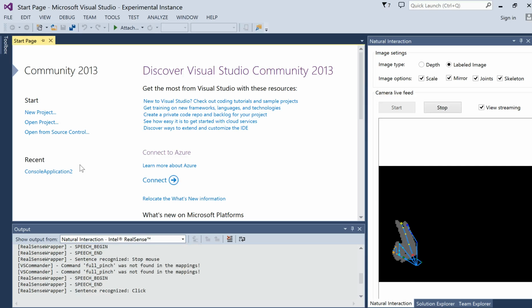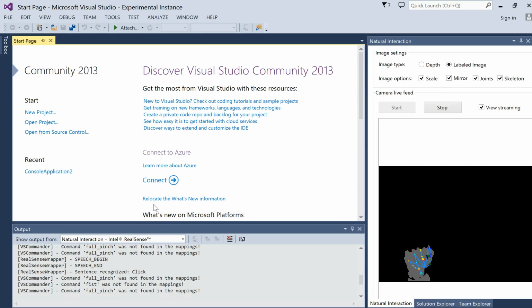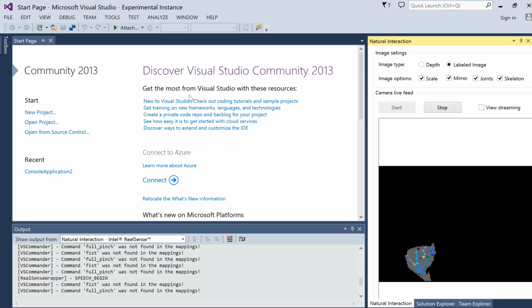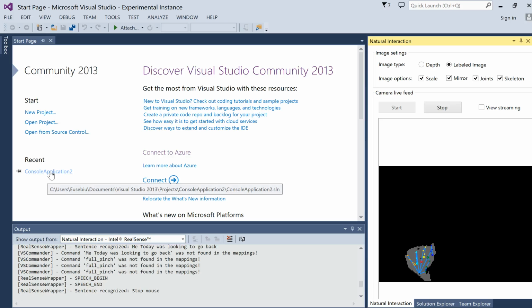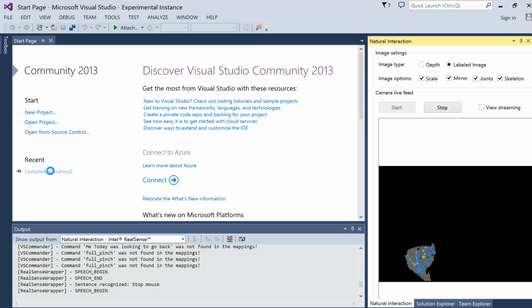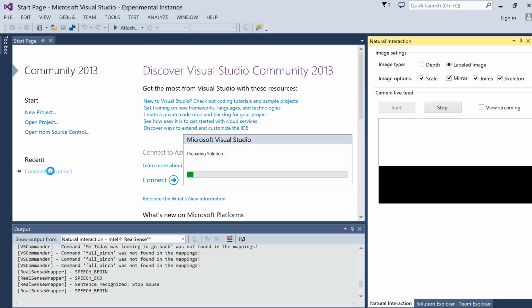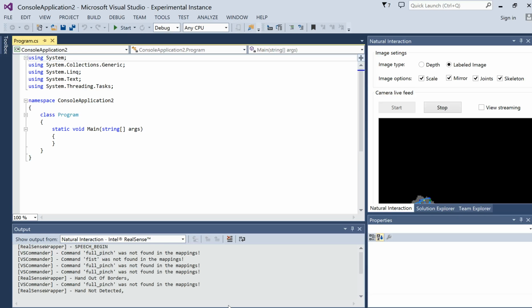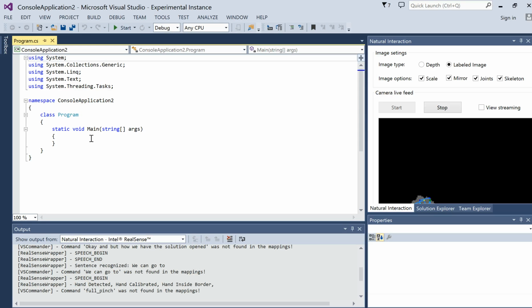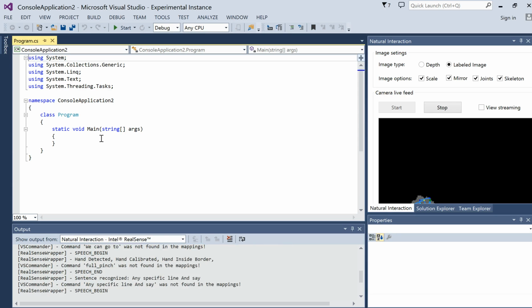Click. Let me disable this, okay, and go back. Stop mouse. Click. Okay, and right now we have this solution opened. We can go to any specific line and say stop mouse, click,